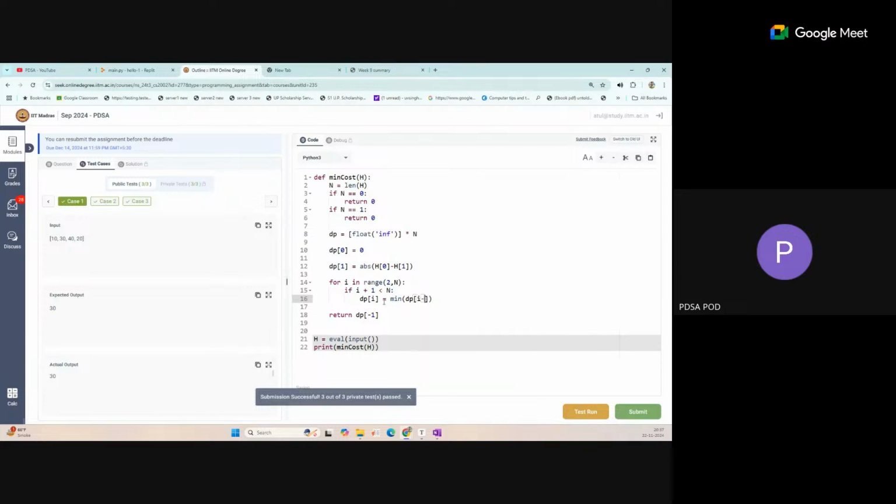Okay, so i minus 1 and plus. I'm just thinking that I'm jumping from the just previous adjacent. Okay, i is the current stone we are looking for. What was the minimum cost for the previous adjacent stone, and the absolute difference between these two places. So the absolute difference between these two places is h of i minus 1